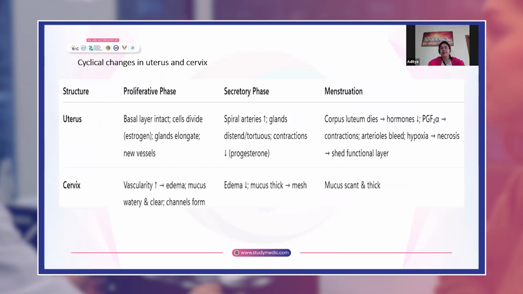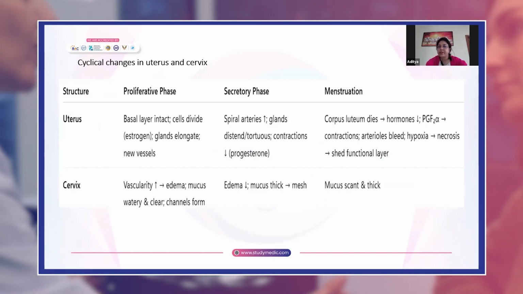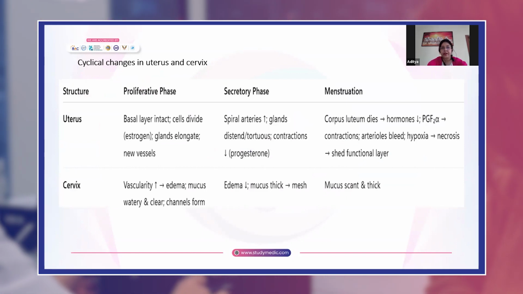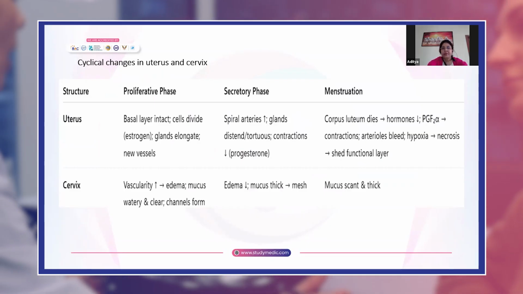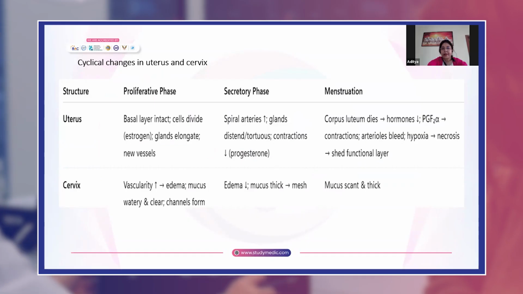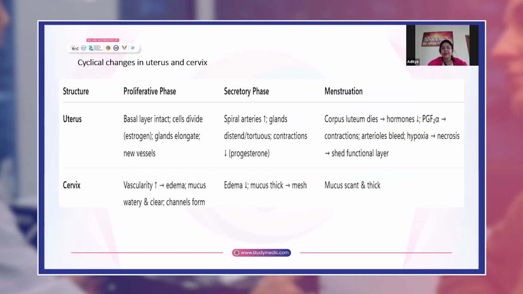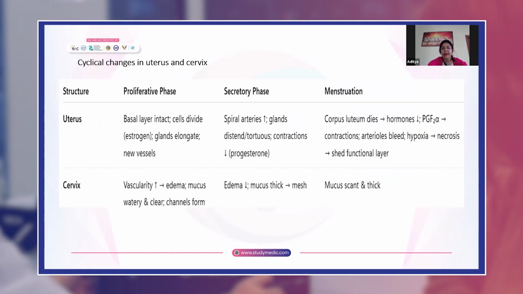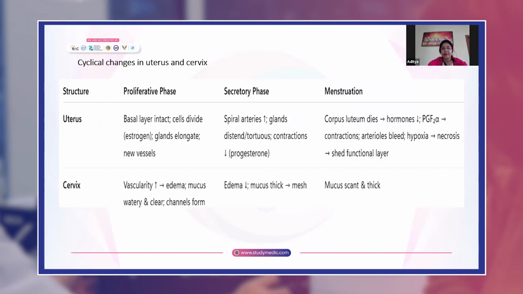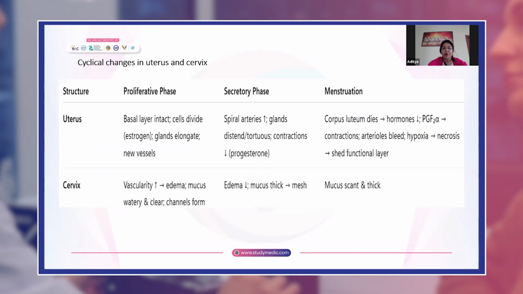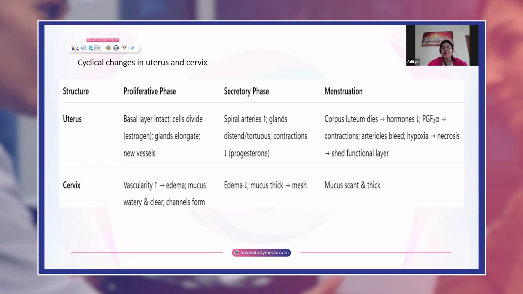What cyclical changes are seen in the uterus and the cervix during this phase? After menstruation, the basal layers remain intact, and due to the excess estrogen, the cells divide rapidly. The glands become elongated and new vessels form. On the cervix, there is increased vascularity, it is edematous, and the mucus becomes watery and clear, and channels form for the